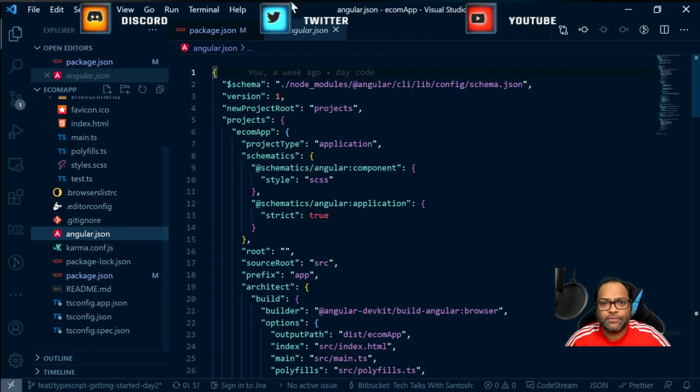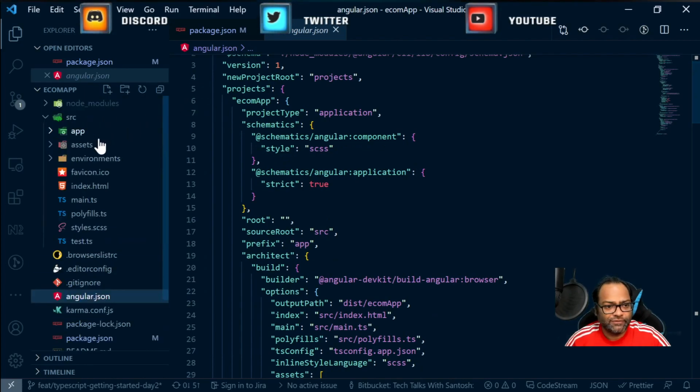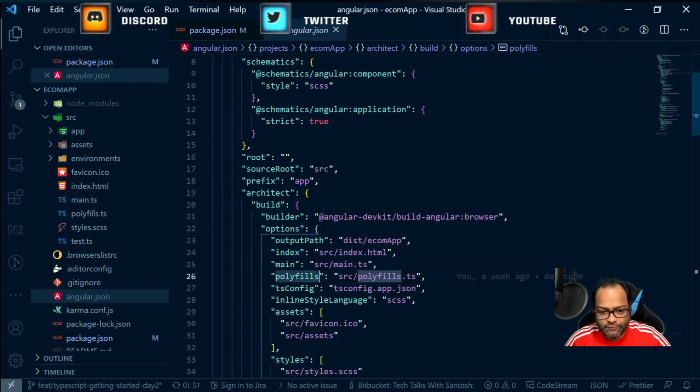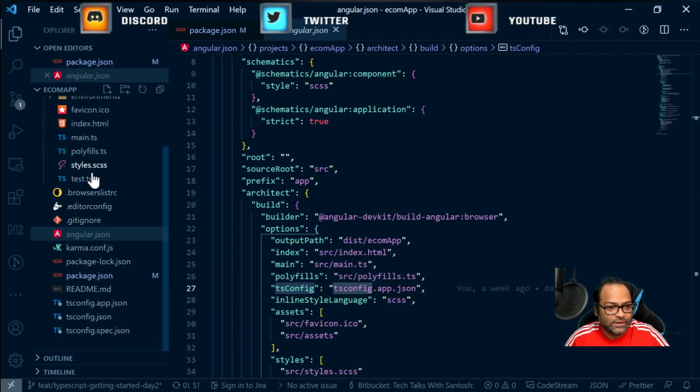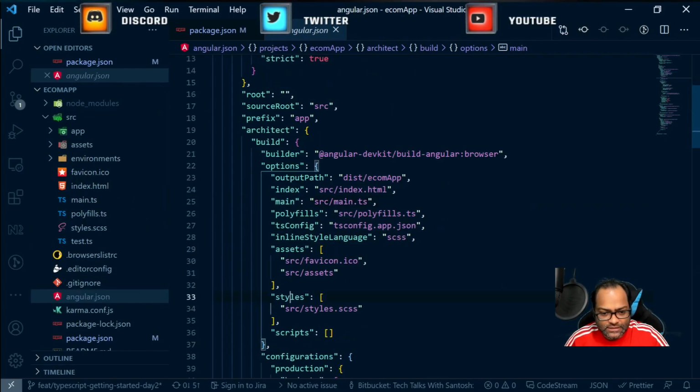So let's see how they are mapped. These files are mapped inside this project section. You will find which project this is, Econ. And then inside this build option, you will be able to find this is your polyfills, this is your tsconfig, which is right now this one, tsconfig.app.json, which stays in root. And then you have main, which is main.ts, and styles is here,